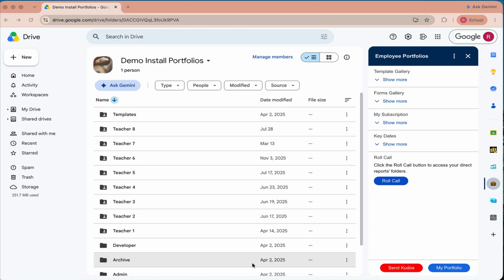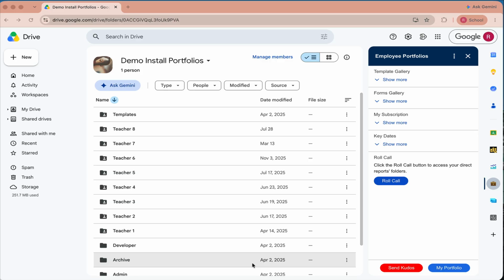I'm here with an update regarding employee portfolios. Employee portfolios is an internal Google Workspace add-on I've developed for tracking professional growth. This is a very customizable platform that can track everything from goals to faculty observations to end-of-year reflections to professional developments and even shout outs to the staff. So, what I'd like to share with you today is an interesting new way to collect goals from faculty and